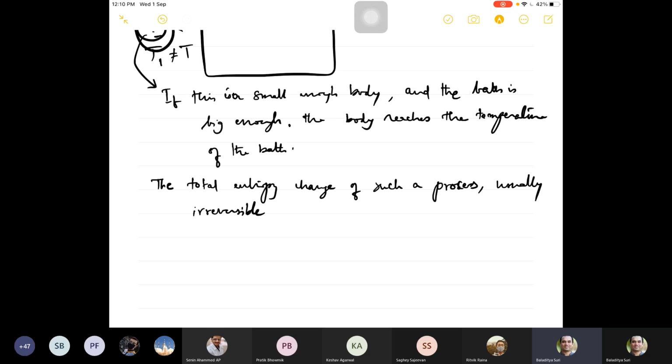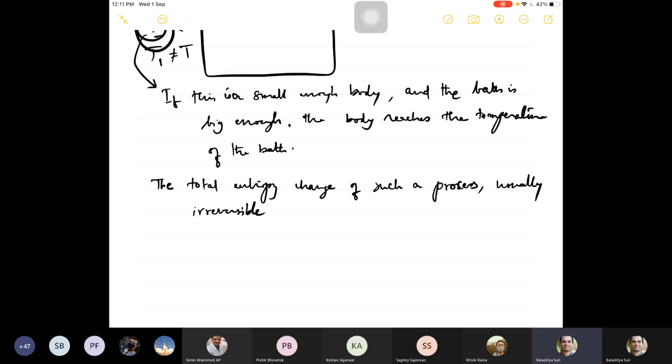When I say irreversible, what I mean is you don't see two bodies that have reached equilibrium going back to their initial temperatures, right? Now, the probability of that happening is astronomically small. So that is what the second law of thermodynamics ensures. It ensures that the probability that the reverse process happens is astronomically small, or infinitesimally small rather,